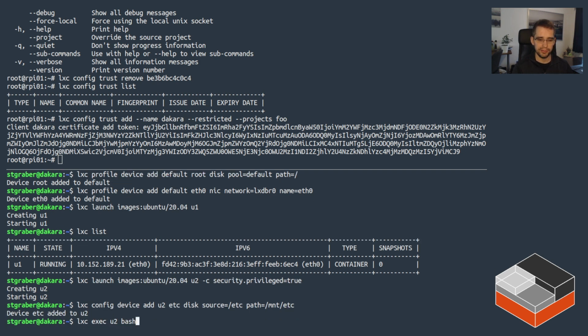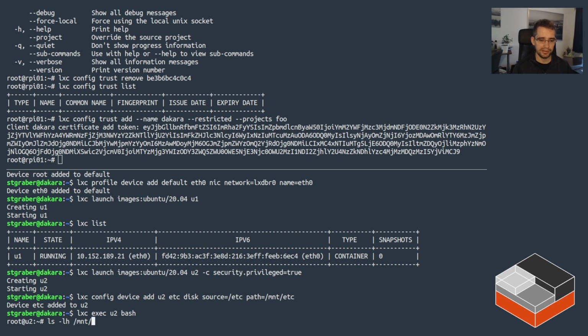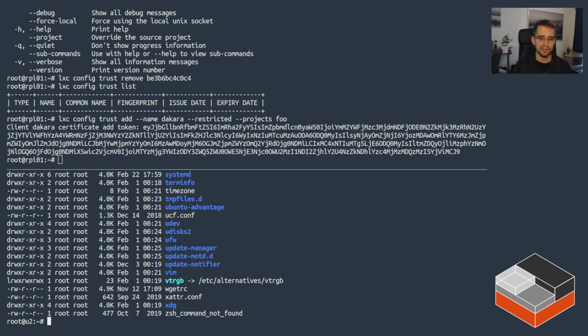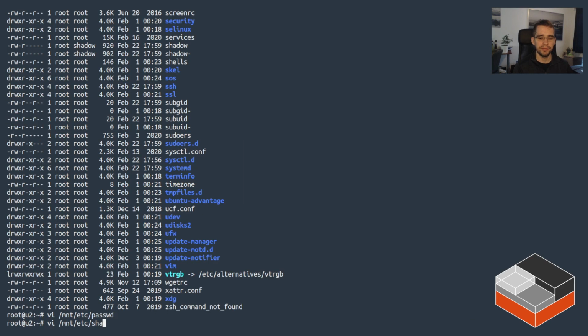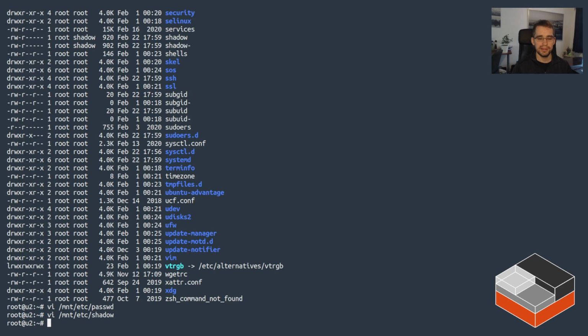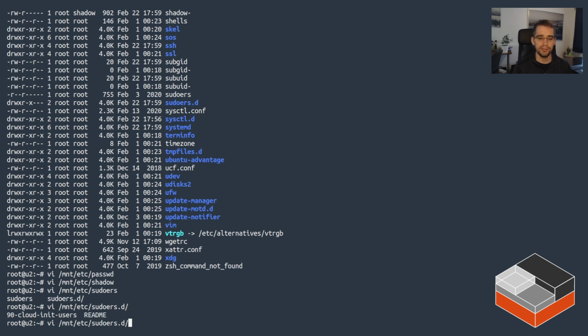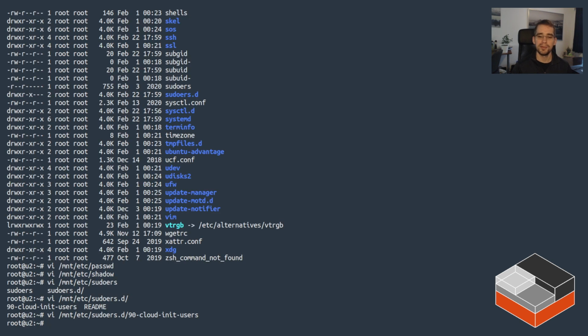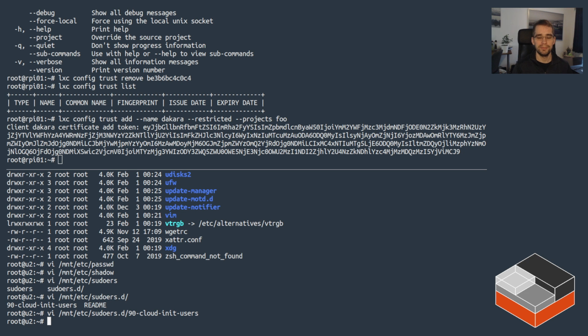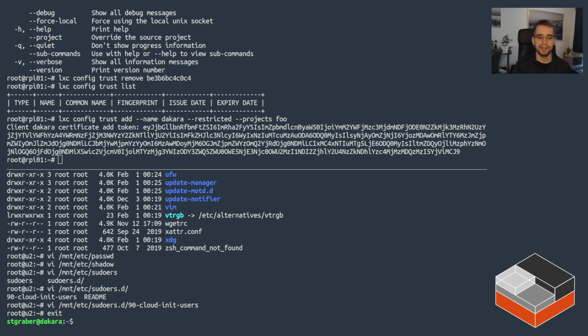And now if I go inside u2 and I go look at /mnt/host, I see the host's root, and now there's absolutely nothing that would prevent me from going in there and modifying the password file or modifying the shadow file, and effectively create myself a user, and then, why not go and modify sudoers.d and give myself full sudo access on the host system. There's nothing that prevents me from doing that,